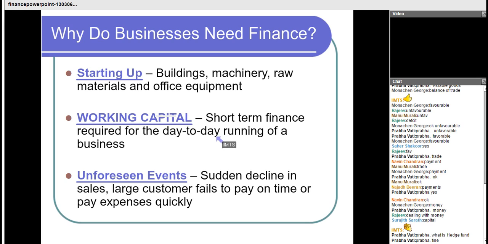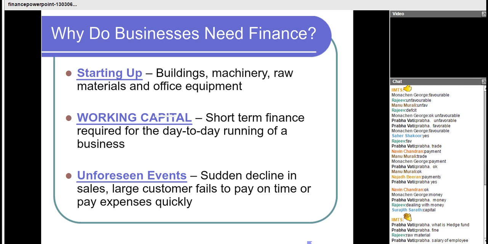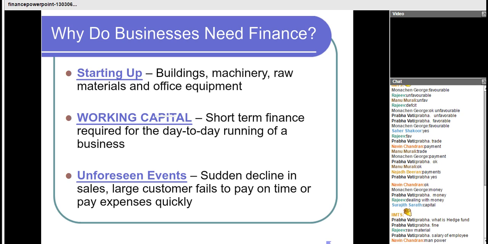Then what is working capital? Working capital is the money which we use for the day-to-day working of the business. Can you give me some examples of working capital? Anybody? Yes, Rajiv. Excellent answer. Raw material. Anyone else? Salary of employees. Okay. Payment to manpower. Okay, Naveen. Do you have any answer? Manu? Deepak? Deepak, you are not participating today in the class.